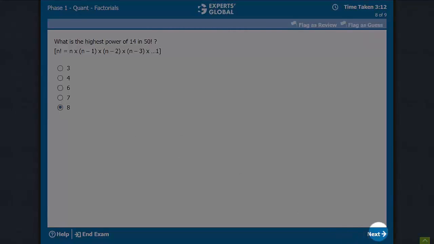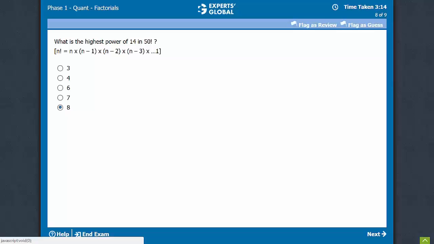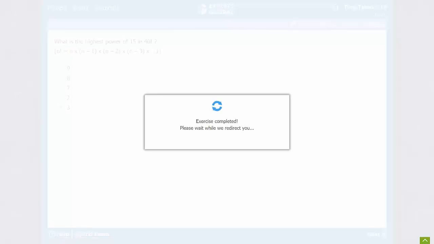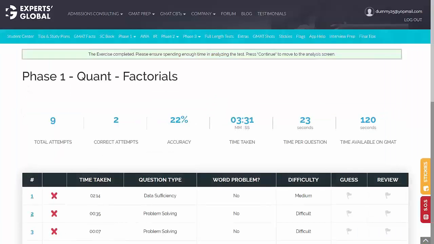So complete the exercise carefully. On stage 1, I suggest that you don't worry about the time that you are taking. Just try to grasp the concept. When you complete an exercise, you will get a screen with some elaborate analytics and scores. I didn't do too well. I was randomly marking.